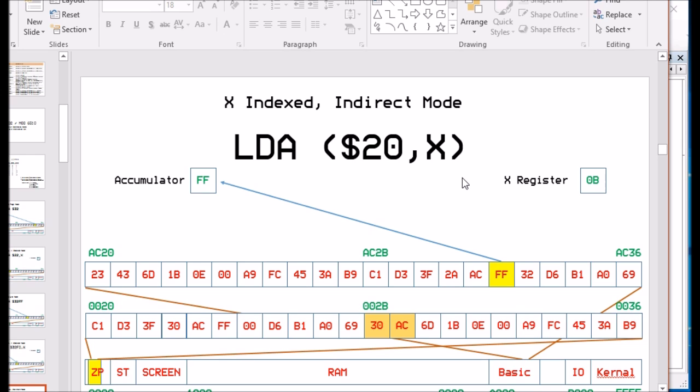This is saying look at the address 20, add X to it, find the address at 20 plus X and 20 plus X plus 1, then go to that memory and find me what's in that memory. So in this particular case, we're saying look at zero page addressing mode, address location 20, add 0B, so